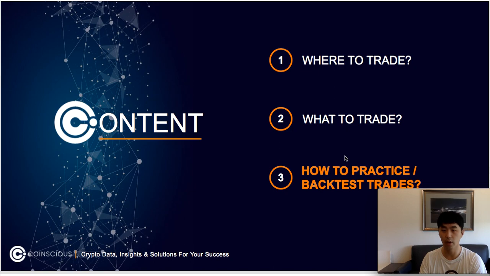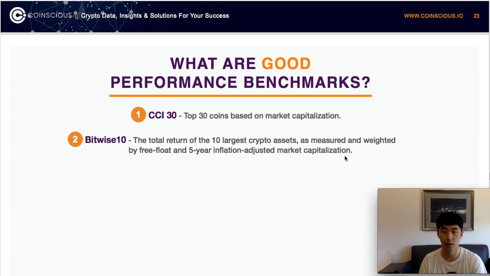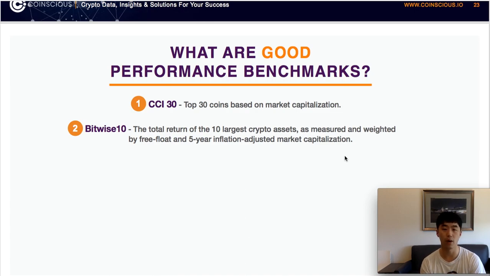Now let's talk about how to practice trading by doing backtesting. Before we start, we can talk about what good performance benchmarks are. Some of the benchmarks that we know in the crypto space are CCI 30 and Bitwise 10. CCI 30 is the top 30 coins based on market capitalization, and Bitwise 10 is the total return of the 10 largest crypto assets, measured and weighted by free float and 5 years